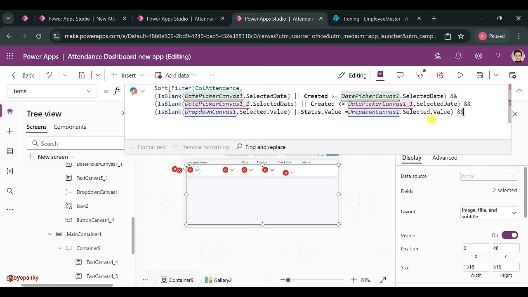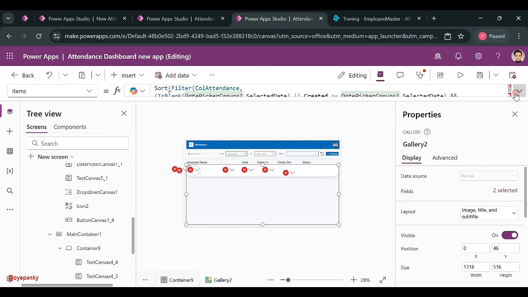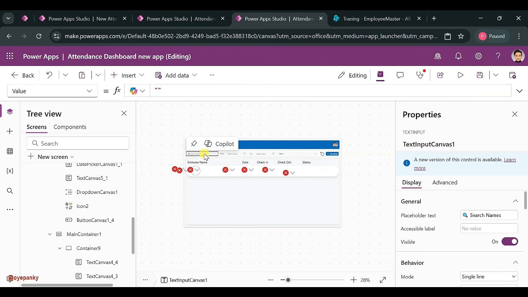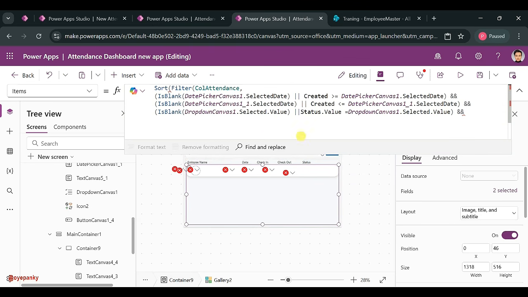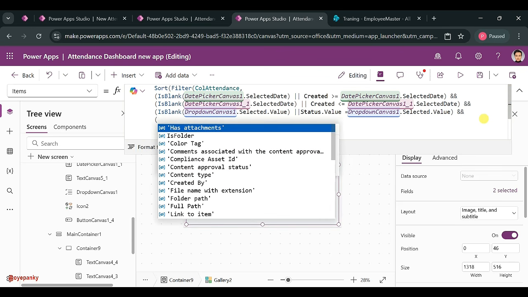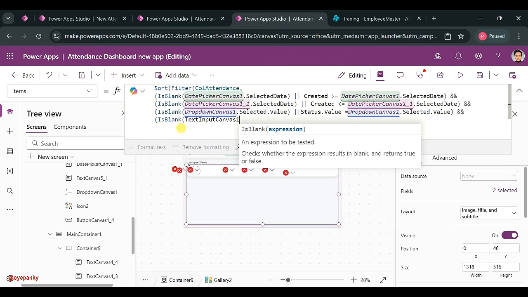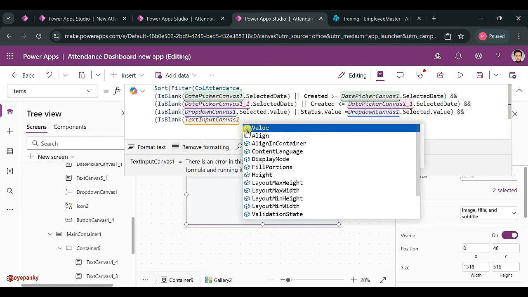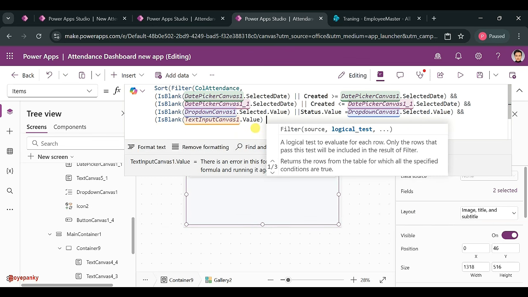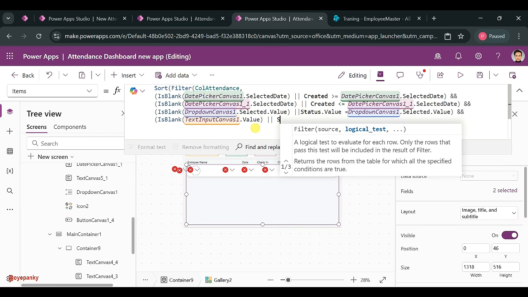Now this formula is done, and now I need to add the search formula. Okay, basically what do you want to search in the attendance? So you need to copy the text input name and add here, and here first you need to add the each blank. Okay, so basically each blank, if there is no value entered there, then it should show all the values there. And dot value bracket close, and same again starts with,